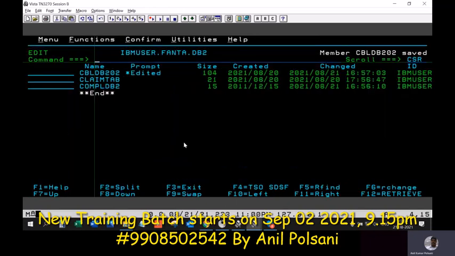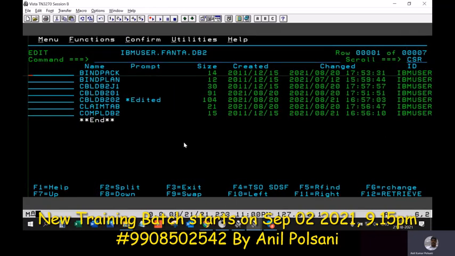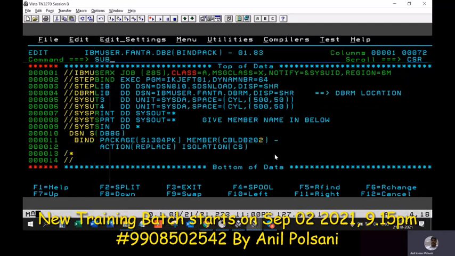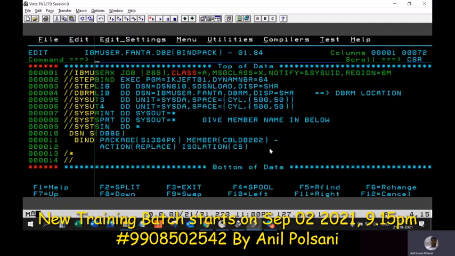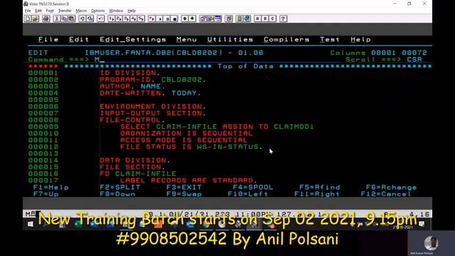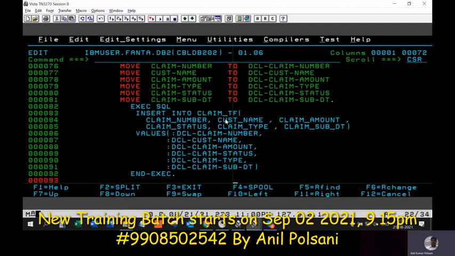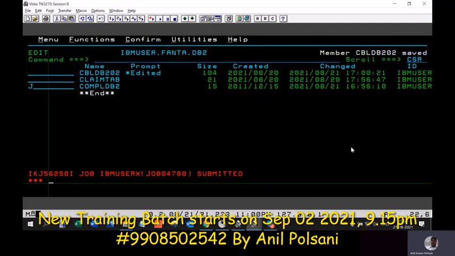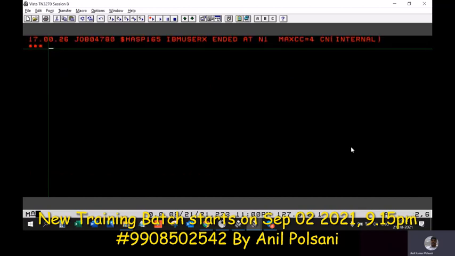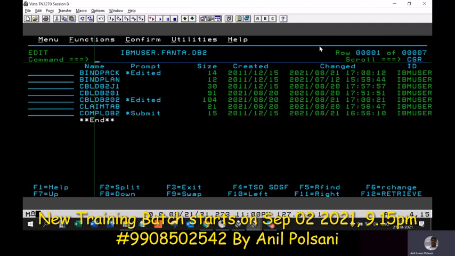We have compiled it. Then we need to do a bind here. This is the package I want to generate. Successful. For example, let's go and make a mistake here. Now, when you do the pre-compilation step, the system will not notice spelling mistakes or incorrectness in your query. It won't notice that. You see, you still got 4.